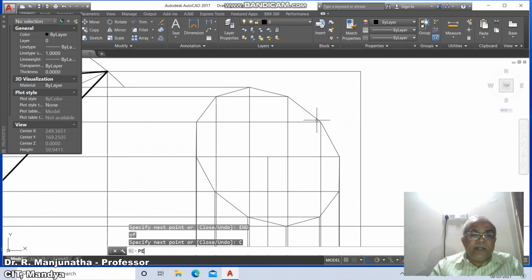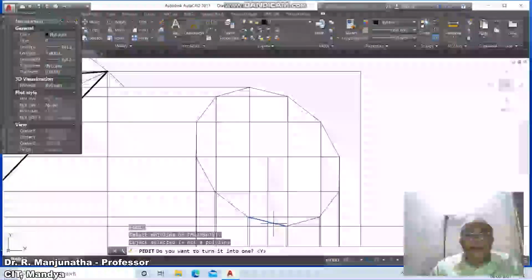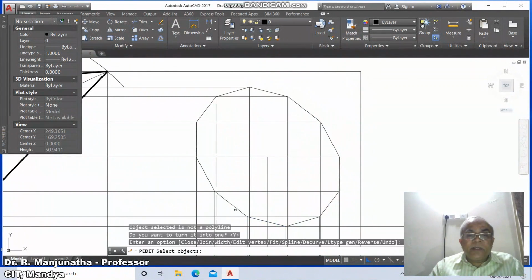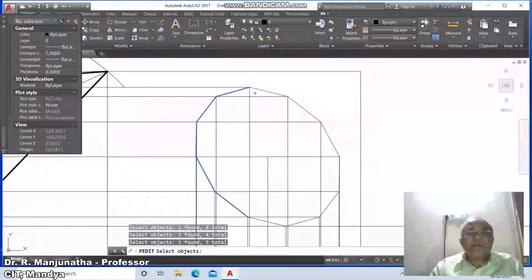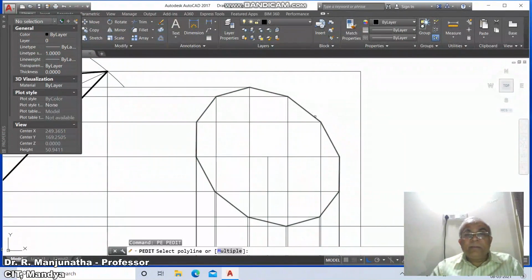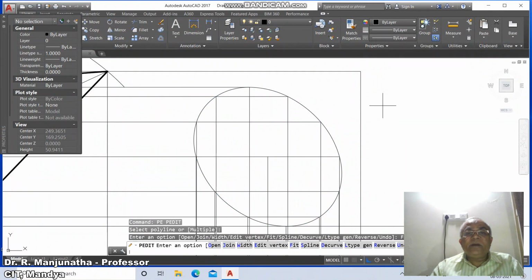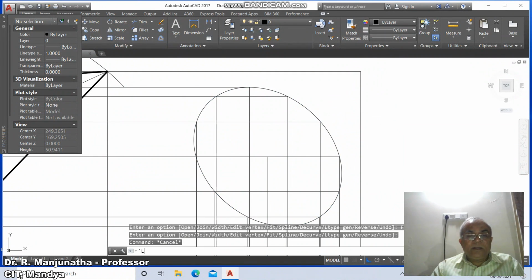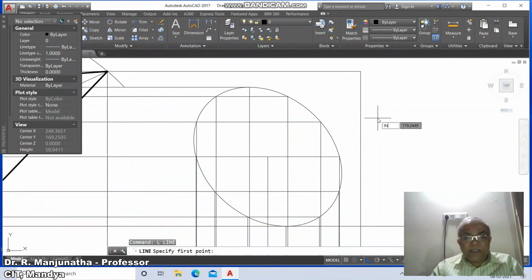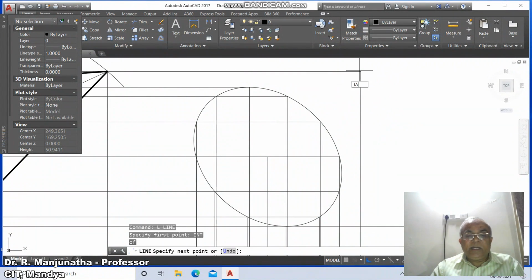Then you go to p-edit, select this line and then join, select this, select this, select this, select this, select this, select all the 12 lines, then make it as a fit curve, then go to line, take int of this and take tangent to this,